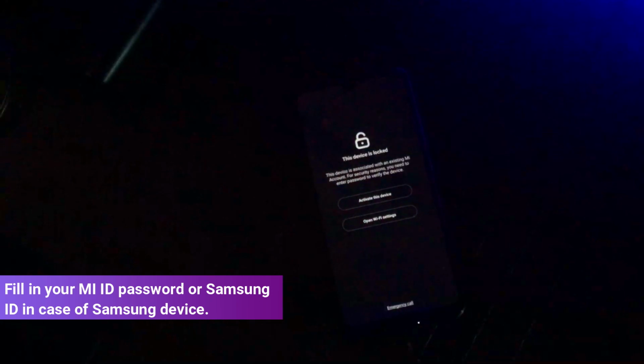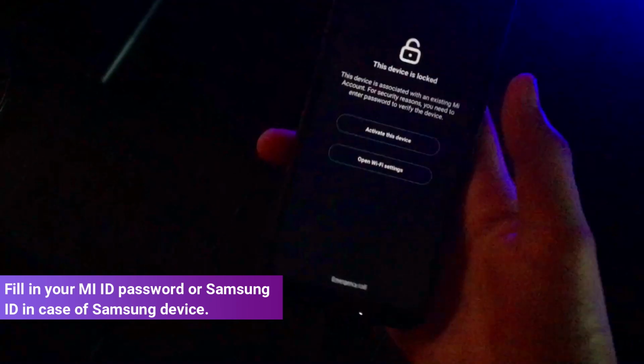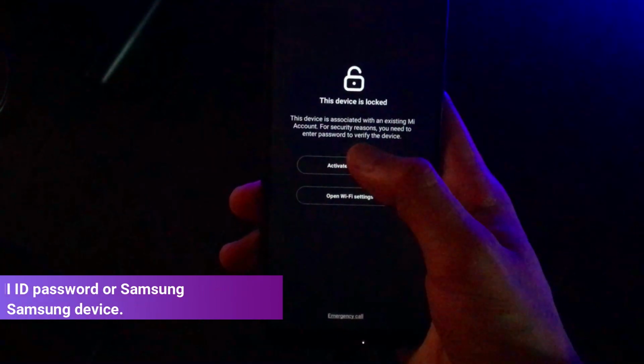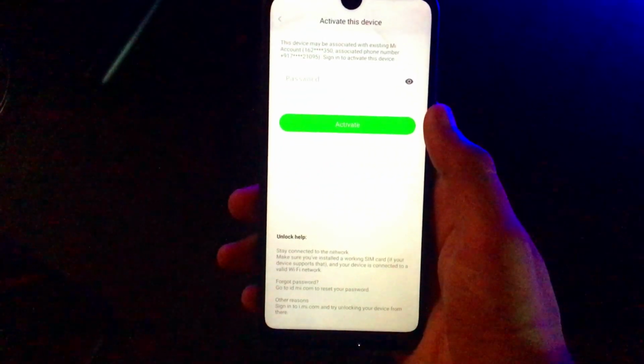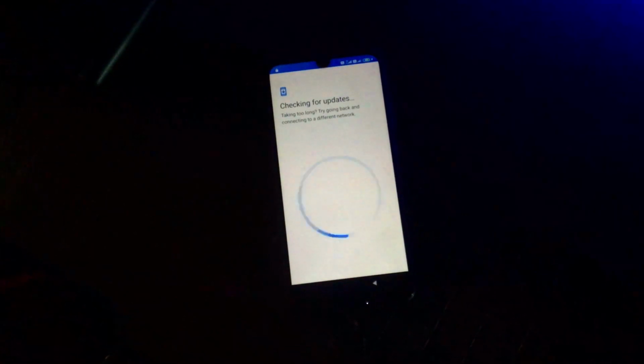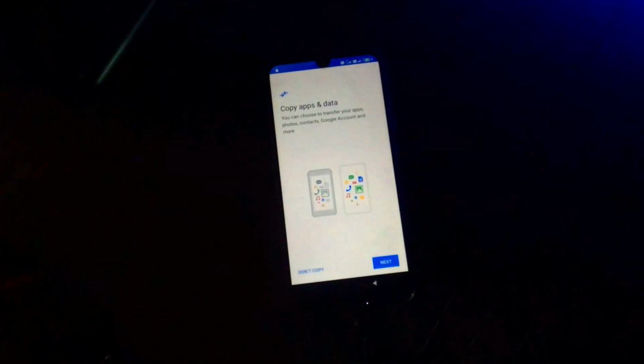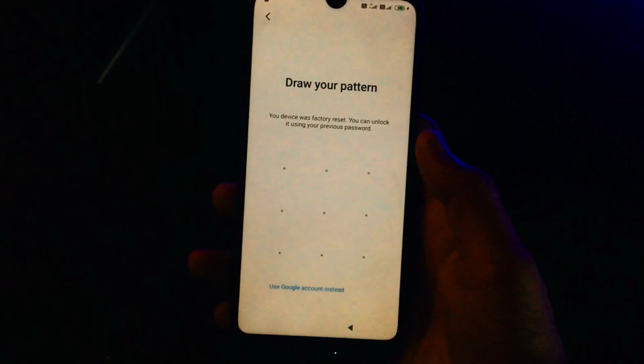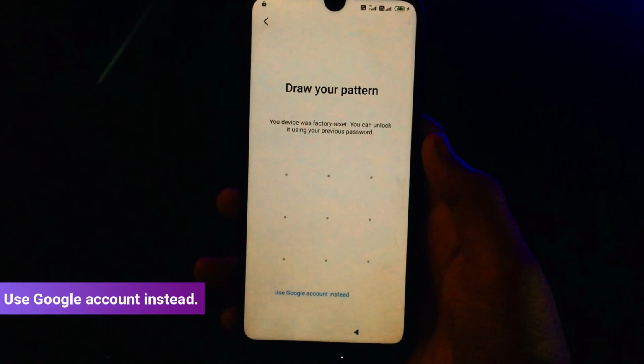Alright, so this was what I was talking about. My device is now asking for MI account ID and password, so I'll just fill that in. Again, it may ask for your previous pattern.